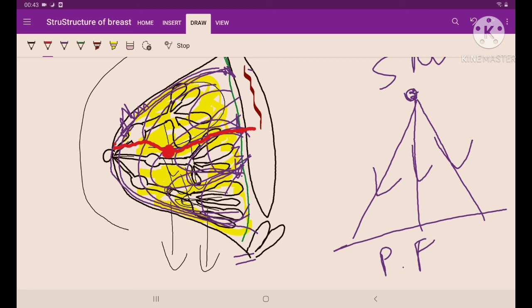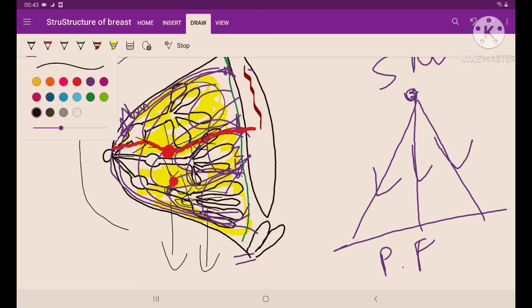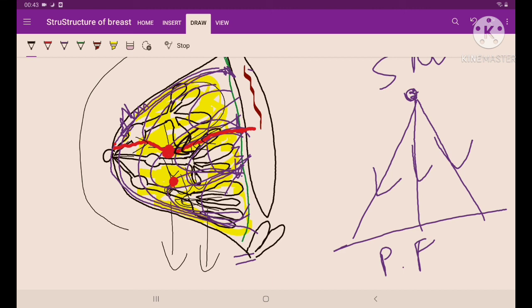And see, one more thing is there, guys. Now see, whenever there is a tumor, because of such change, there is a pull by the tumor. The tumor pulls all the structures near it. So it is pulling the skin near it. If it is pulling the skin, do you think the skin would appear normal? Obviously it won't appear normal. The skin will be pulled inside. And if it's in the nipple area, the nipple will be pulled inside. So if the nipple is pulled inside, it is retracted. That is one of the signs of cancer in a female.